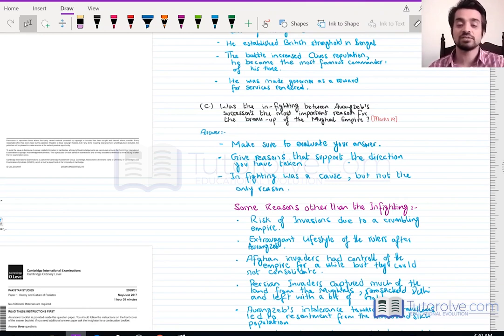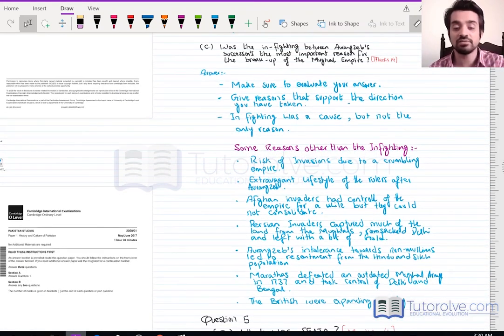It basically says, was the infighting between Aurangzeb's successors the most important reason for the breakup of the Mughal Empire? Now, again, yes, it is one of the reasons, but it was not the only reason. Since it's a 14-mark question, you will have to talk about both aspects. So, some of the reasons other than the infighting were risk of invasions due to a crumbling empire, extravagant lifestyle of